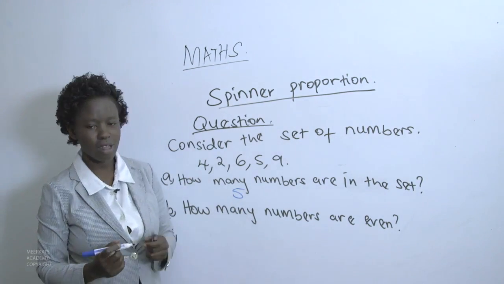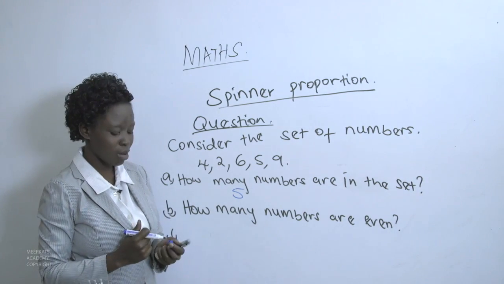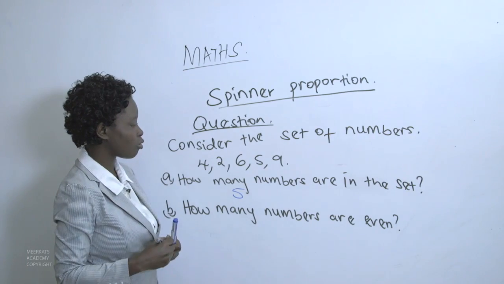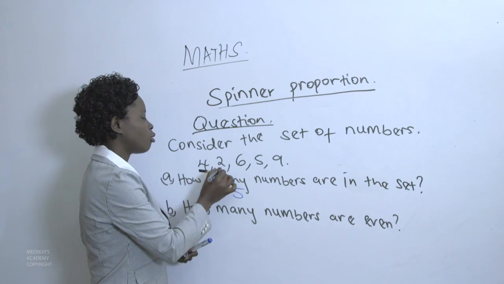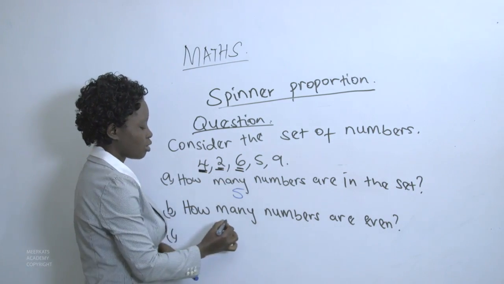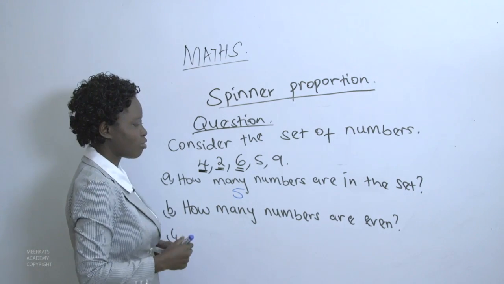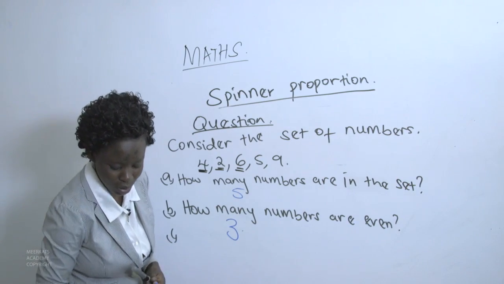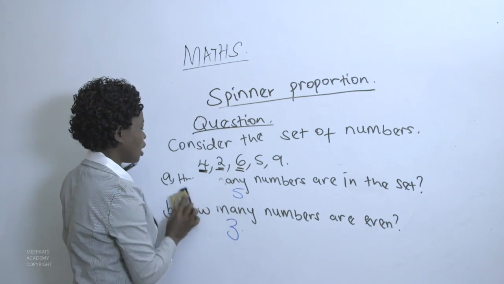How many numbers are even? We've already described an even number as a number that is simply divided by 2. So any number that is fully divided by 2, we have 4, 2, and 6. So we get that the numbers that are even in this case out of the set are 3 numbers. Then the next question,